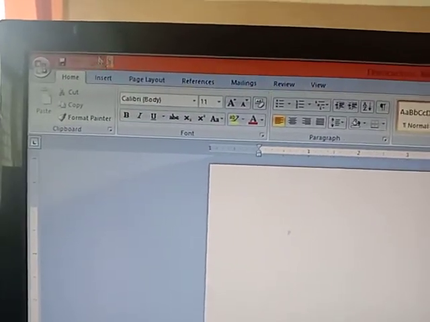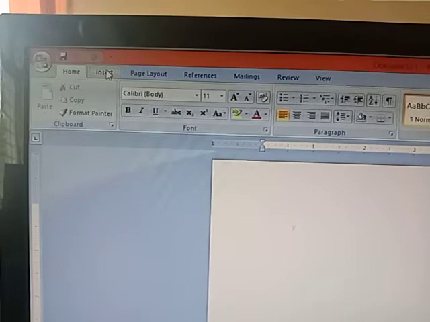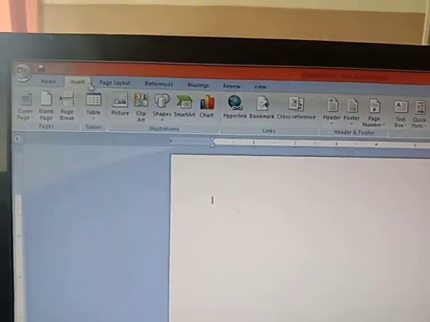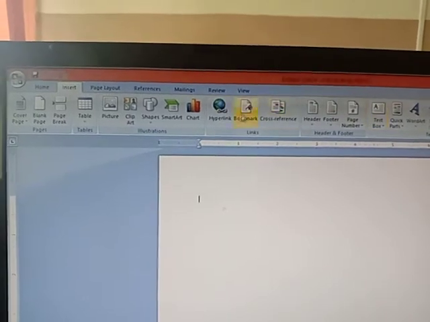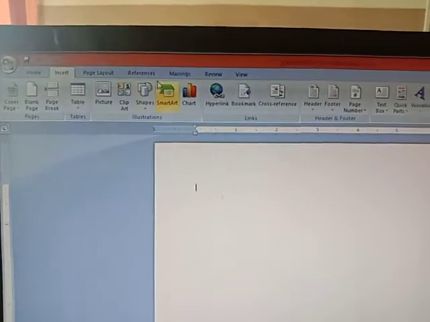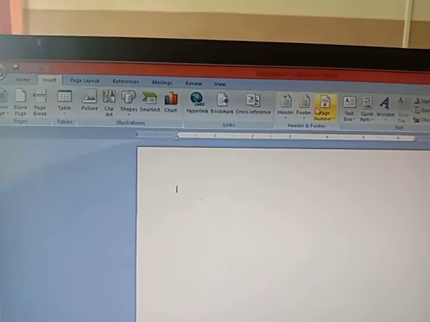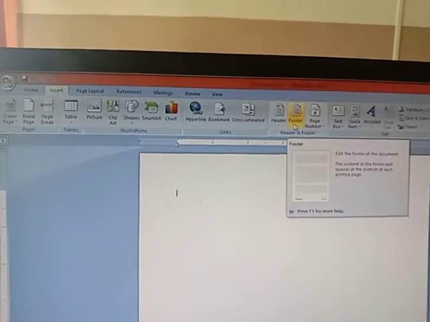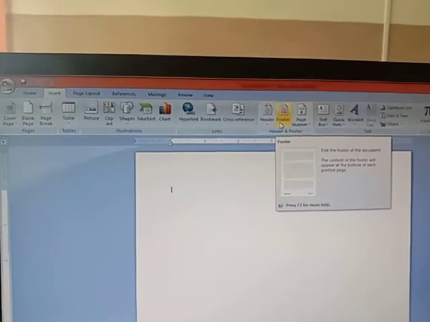Now when you click on a particular tab or menu, the related standard toolbar will be displayed below. Whatever comes below this menu bar, that whole area is called the standard toolbar. Can you see? Yes.